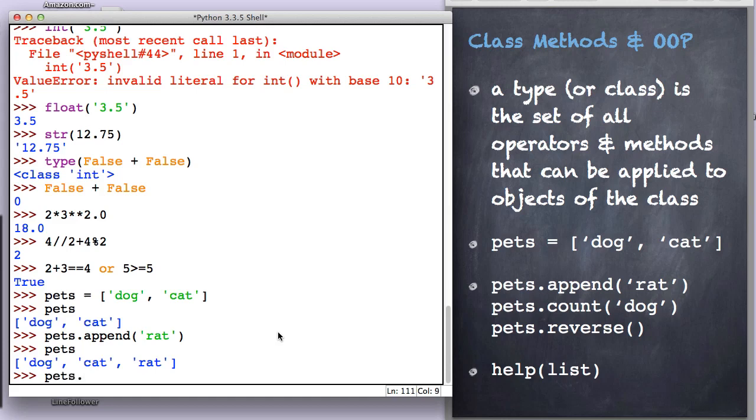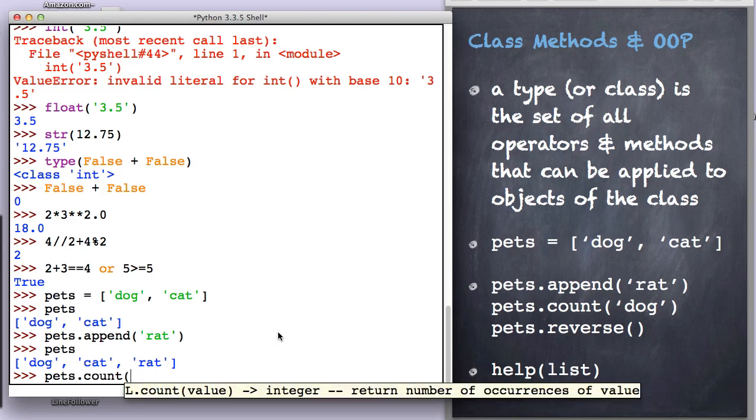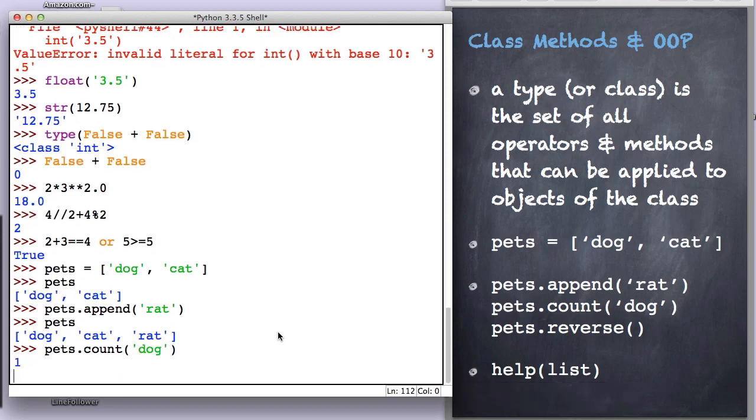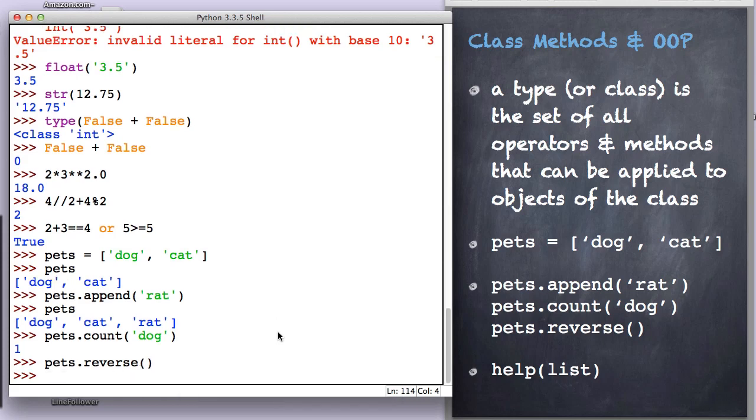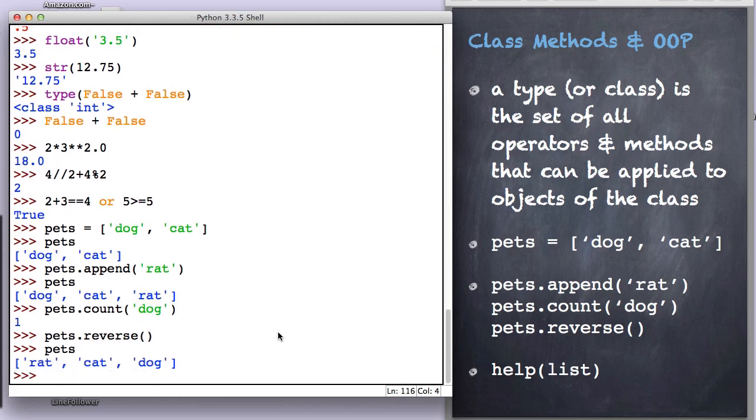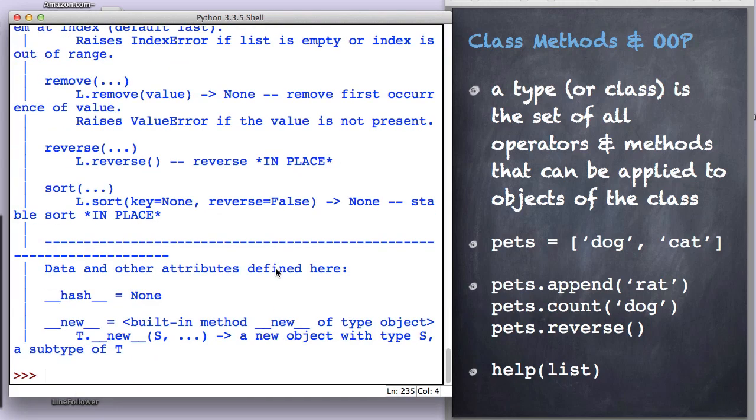There's another method I can use on list class objects. I can find out how many instances of dog I have in my list, which is just 1. I can reverse the order of the list. And if I ever want to find all the methods that I can use for the list class, I can go help and then use the name of the type or class. So for list, whoops,